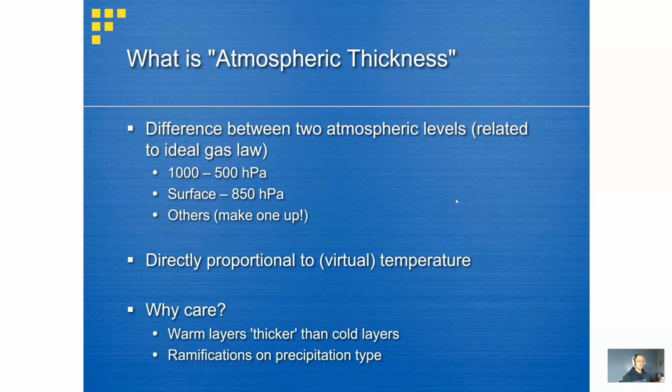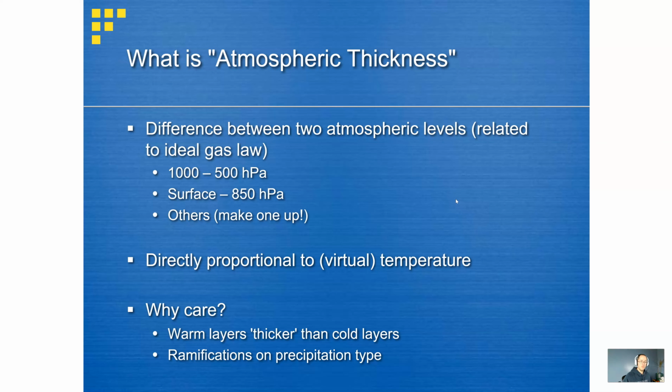And so when we start with this idea of atmospheric thickness, we've mentioned thickness on occasion back in Met 103. We've talked about thickness in terms of whether it's going to be rainy, whether or not it's going to snow, whether or not it might be freezing rain or even sleet. And so when we talk about thickness from a generic standpoint, we're simply referring to the difference between two atmospheric levels, this distance, say, between the surface and 300 millibars.